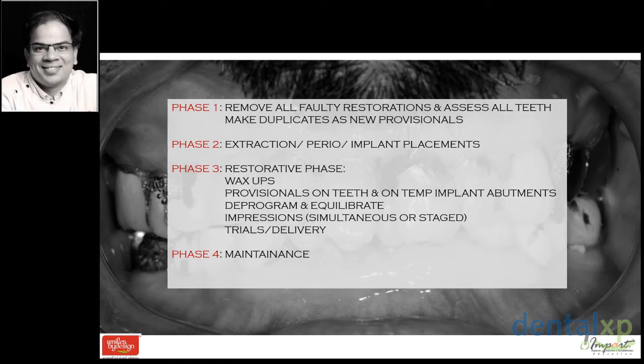So every patient has to be taken through a very systematic approach and not a haphazard sequence which can lead to unpredictable responses. So our goal is to give you a pathway from the beginning, the first time when you see the patient, till the day you deliver the final restoration and adjust the occlusion. What does it entail to do a full mouth rehabilitation successfully?